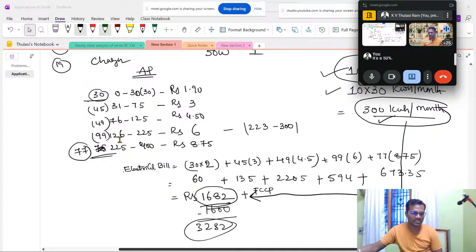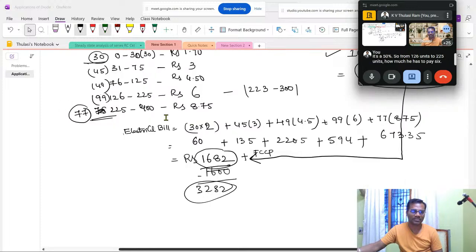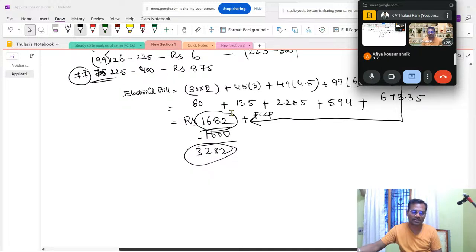From 126 units to 225 units, how much does he have to pay? 6 rupees. So if you add all this, the remaining you are going to get is 77 units. For these, he has to pay 8 rupees 75 paisa. So for average consumption only, you are going to get